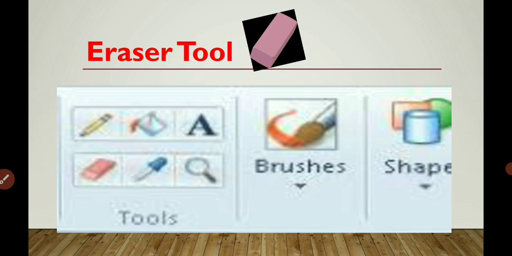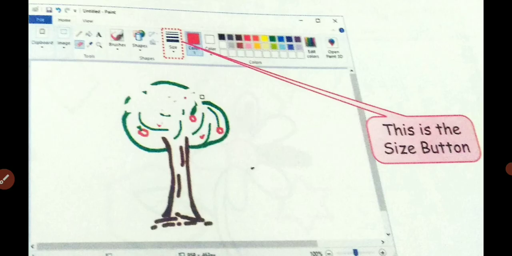Okay, in the Home tab if you click on the Home button then you can get this eraser symbol. Okay, by using this eraser you can erase what you draw. Okay, then you can change the size. You can change the size of the eraser and you can rub as much as you want. Okay, then the eraser tool looks like a pink colored eraser. Okay, the next one,